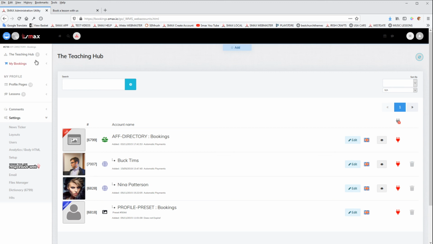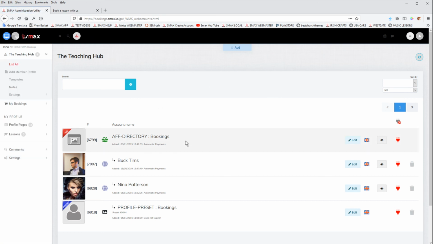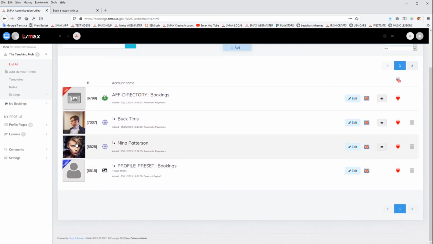Now you can change the text of all this. It doesn't have to be teaching hub. It can be anything. It could literally be English teachers. It could be foreign language teachers. So it's that open-ended. These examples are just to give you an idea of what you can do with this